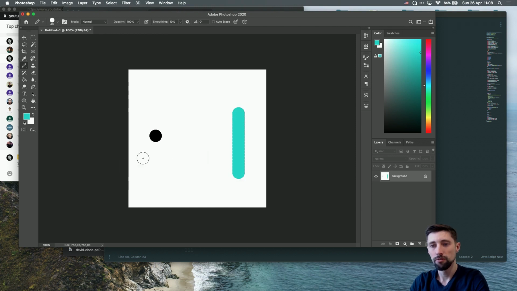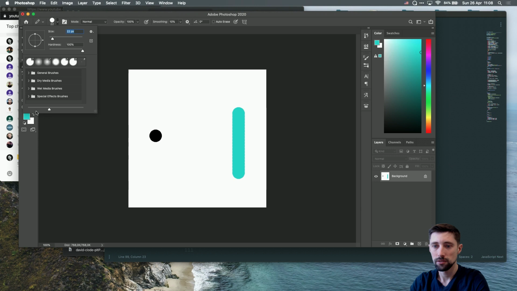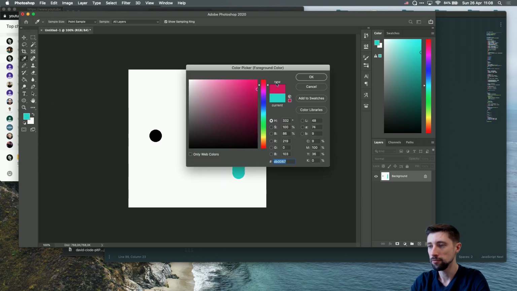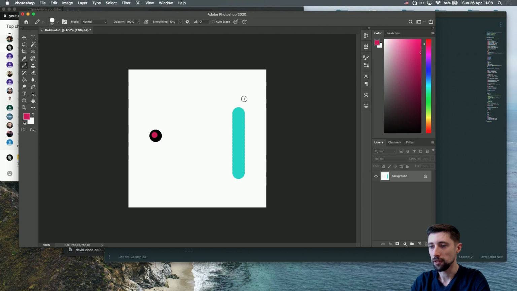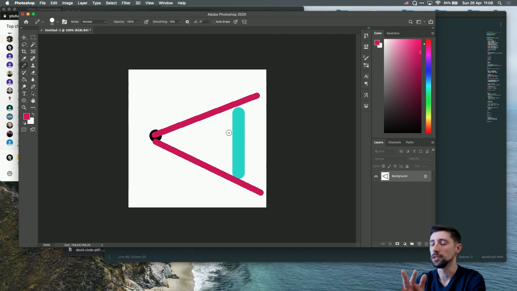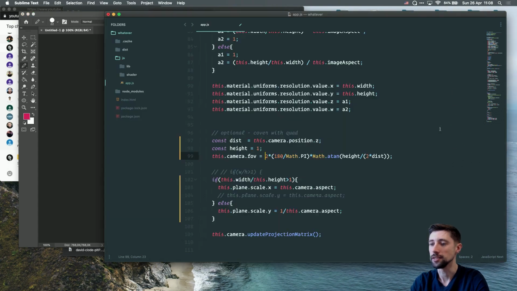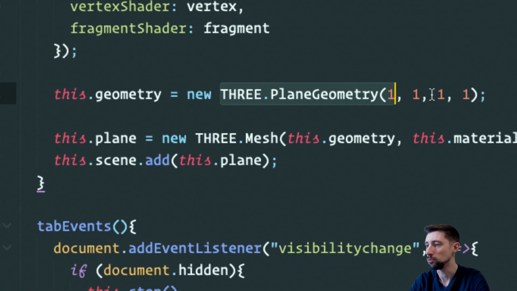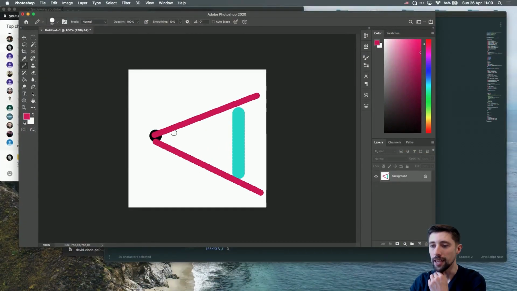and indeed the field of view of the camera is something like this. So I'm going to change the color. Just the angle, like how much of the stuff I see on my screen. And I need to calculate this angle so it exactly fits this plane, which has the height 1, because this is just the plane geometry object with the height 1. So I need to calculate this angle just so the plane fits. And to do that, I need to know the distance between the camera and